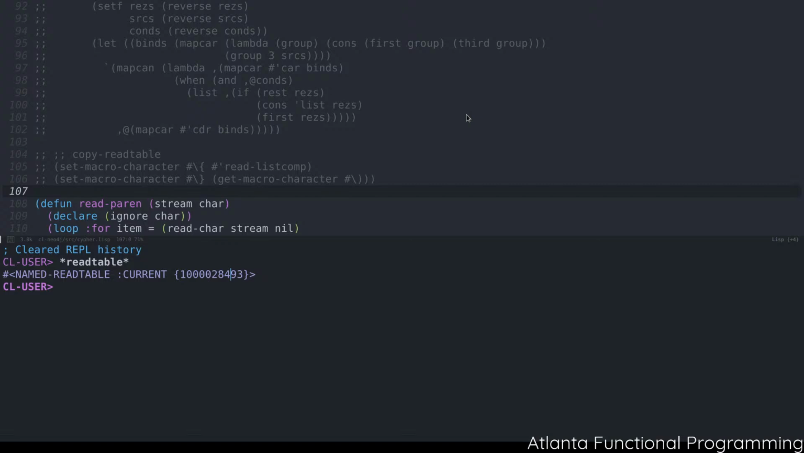This read table can be modified by the set macro character available to you as part of the standard Common Lisp API. However, as we saw last time, there are some constraints and caveats that you need to be aware of when you are modifying the read table. In particular, there are some overrides for particular characters available in the read table, provided that the overrides you are providing don't necessarily trample with what Lisp is expecting